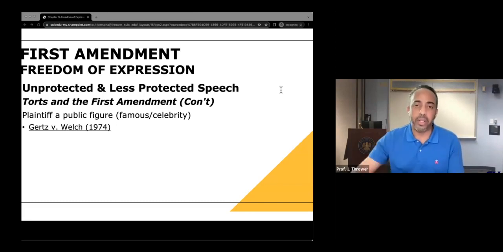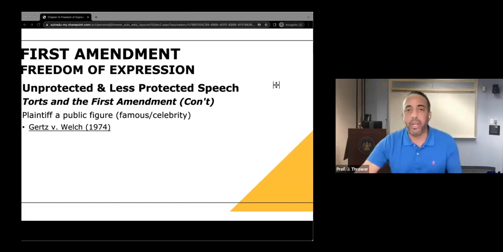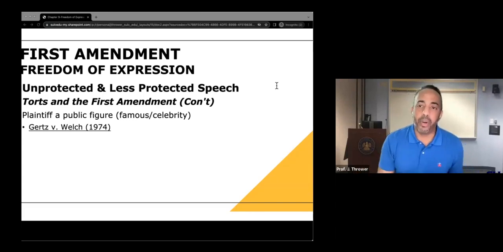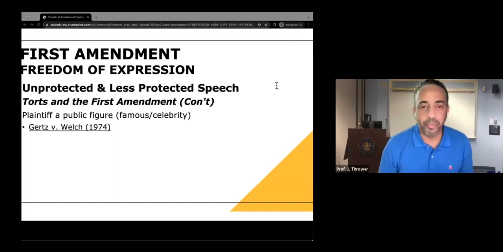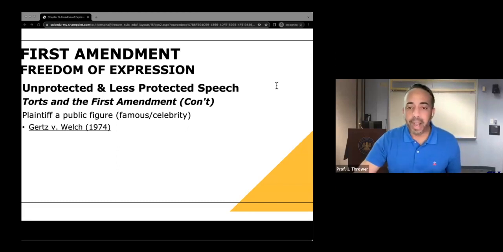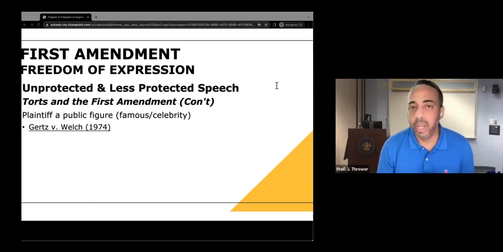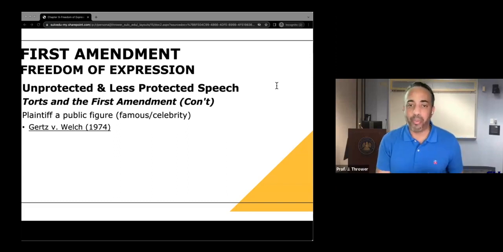And so the question that the court was presented with was whether the standard for public figures or officials that had been set out in the Sullivan case applied in this particular instance. And the court held that the Sullivan standard did not apply because Gertz did not meet the definition of public official nor of public figure. The Gertz court defined what is a public figure, right? And it concluded that Gertz was not a public figure. Rather, Gertz was considered, in this case, a private citizen, right?